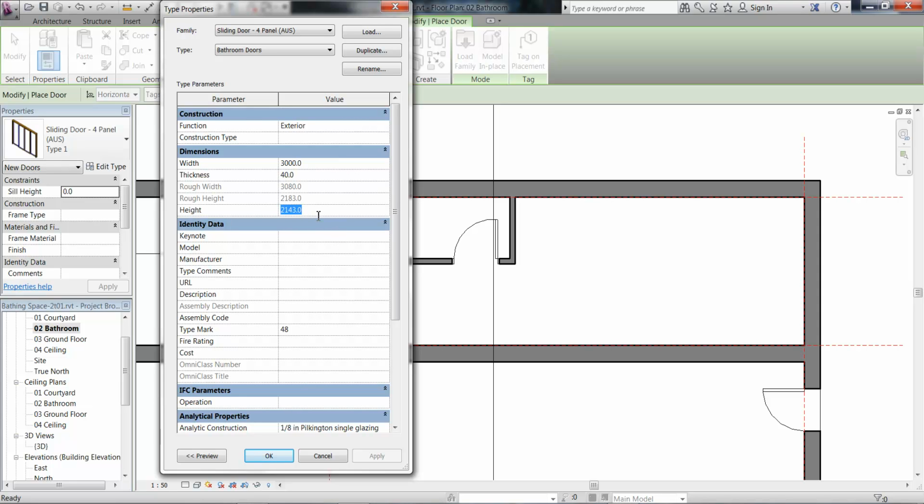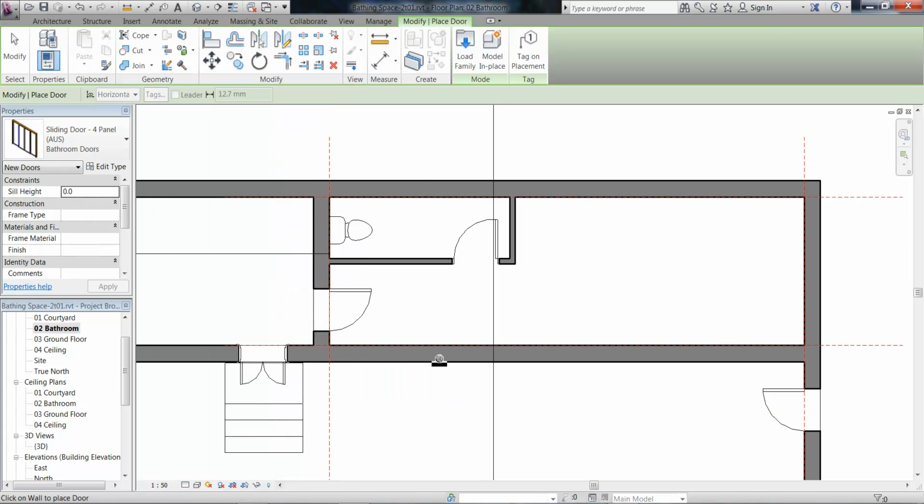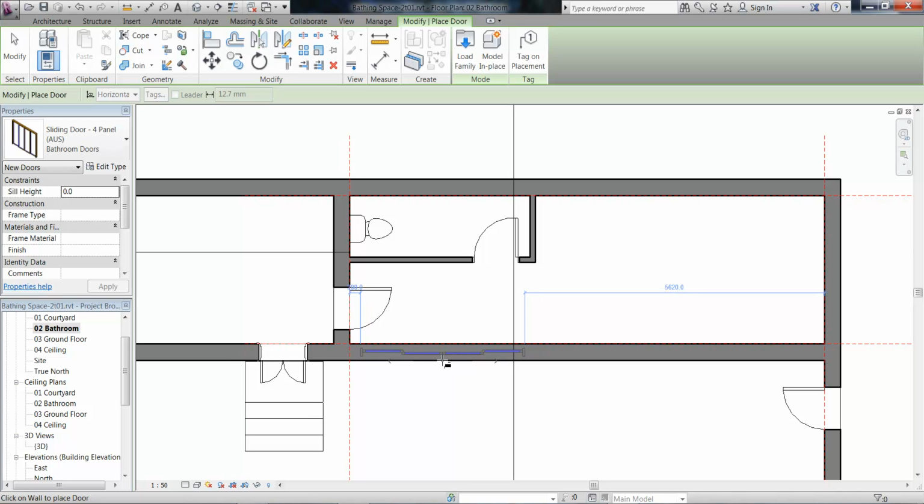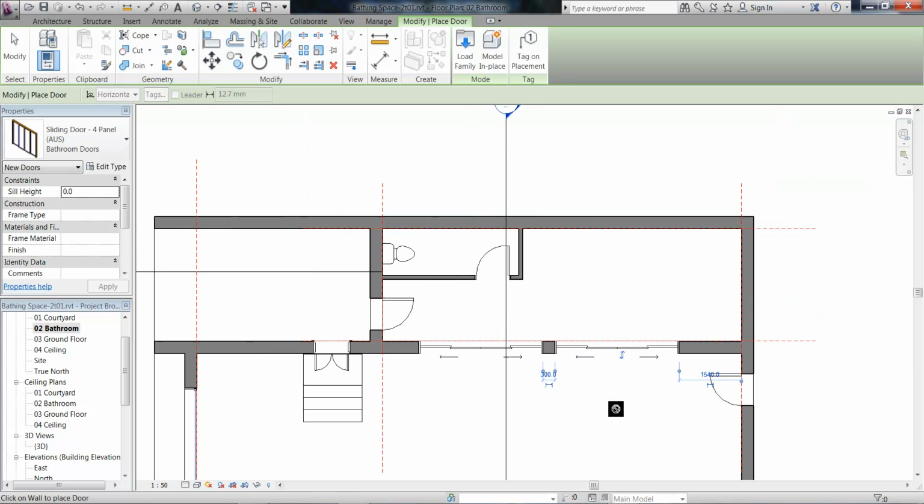And then the height also I might change. So I'm going to make that 2,700. So I've got a decent height on that door. And then OK, and then I can hover over the wall, and you can see it's got my new height. Oh, sorry, my new size. So I'm just going to click twice in the wall to place my new doors there, and then